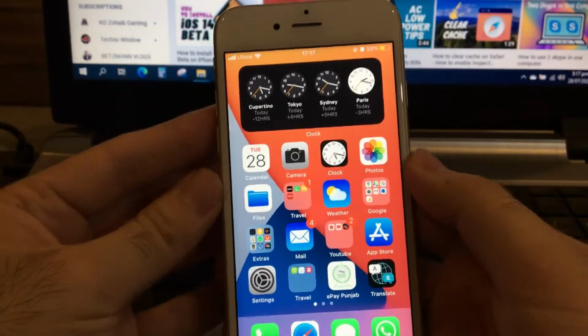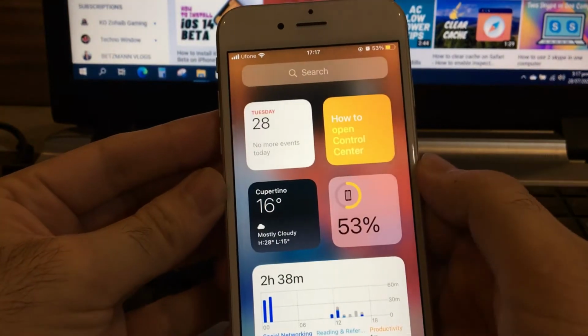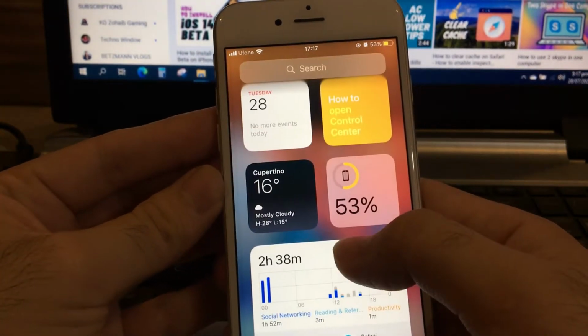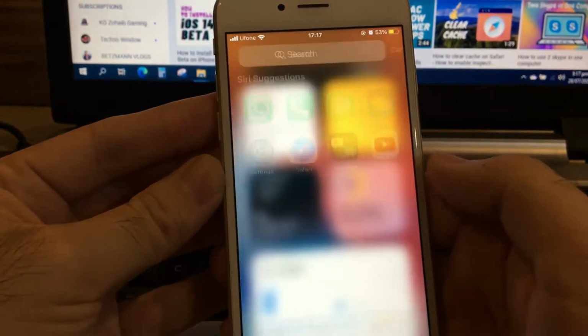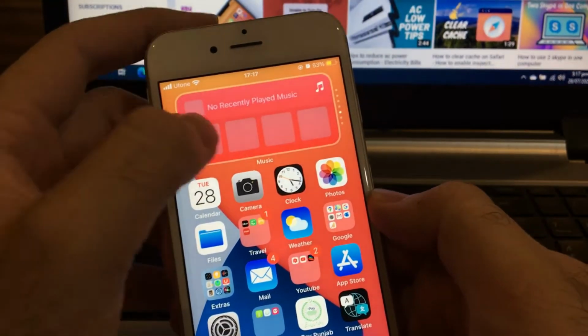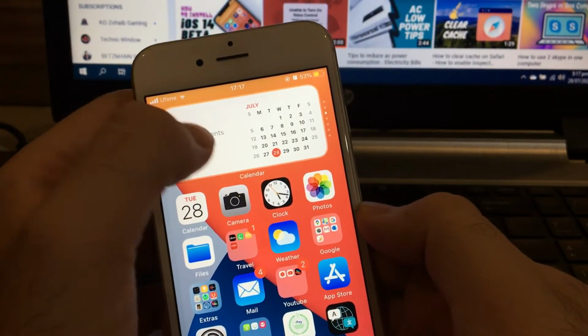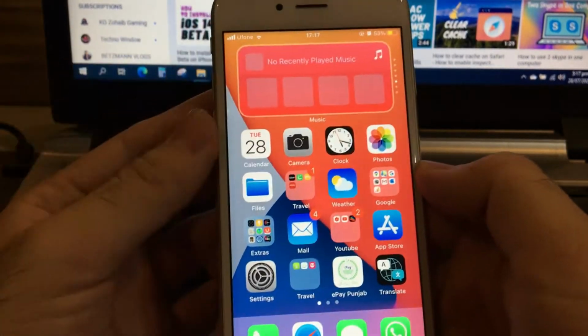The next one is redesigned widgets. Finally, we can see very beautifully designed widgets for weather, clock, calendar, news and more. And they are designed in small, medium and large sizes to choose from. Also, you can customize your home page with different widgets. My personal favorite is the widget stack option, in which you can add up to 10 widgets to make the most of the space on your iPhone.